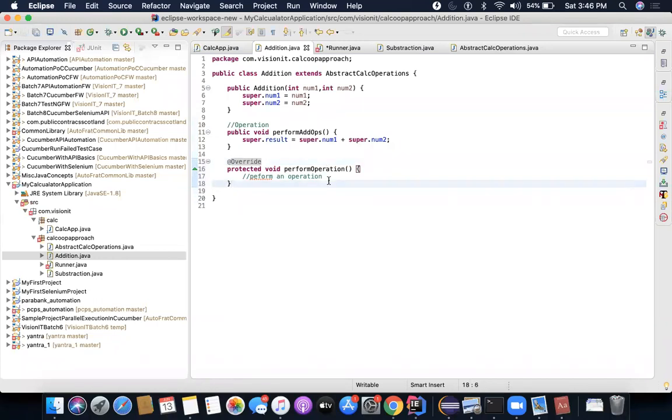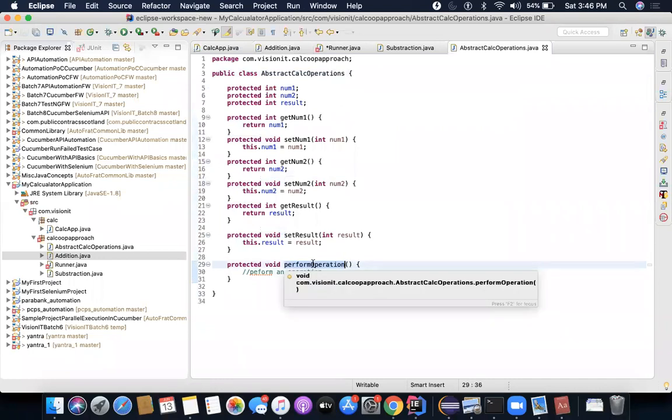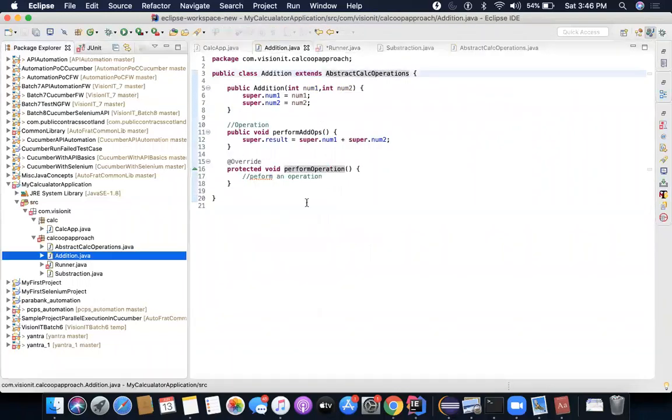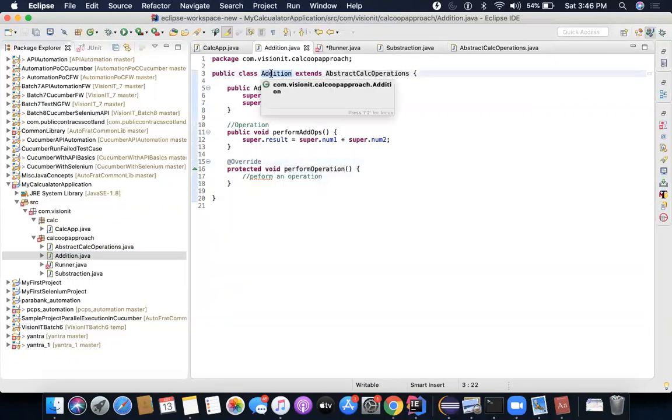So when I do this, inside the subclass I am overriding this method perform operation, which is present inside the parent class. So inside the parent class, we have protected void perform operation. I am putting an empty body here, which is again not a very right thing to do. But right now I'm choosing to put it as empty, because I don't want to define any operation, right? And inside the subclass called addition, I'm writing here override. It means when this method is called on an addition object, this will be triggered, and not this one.